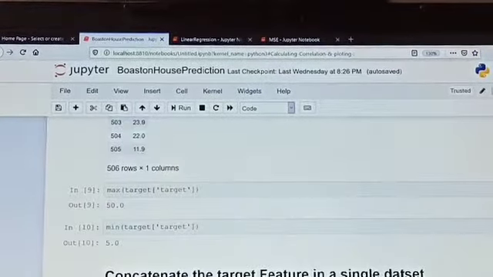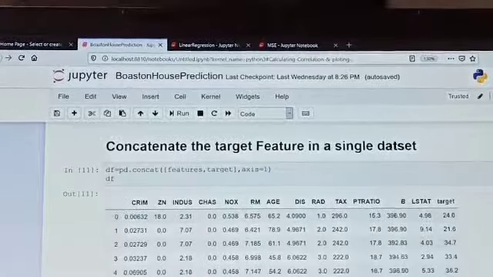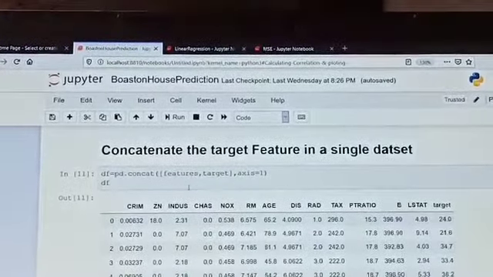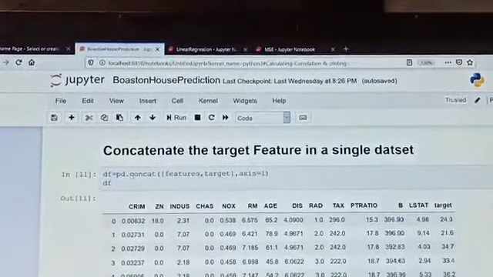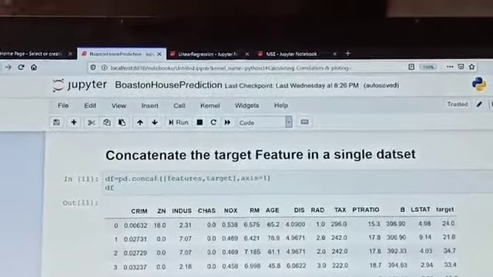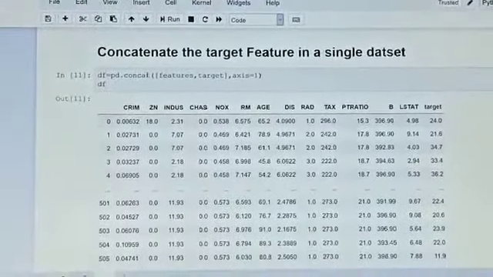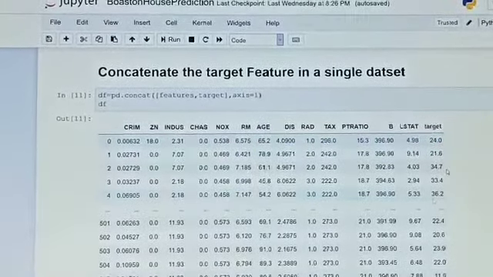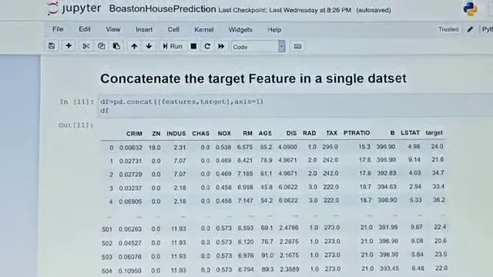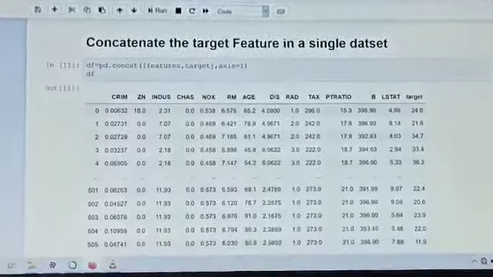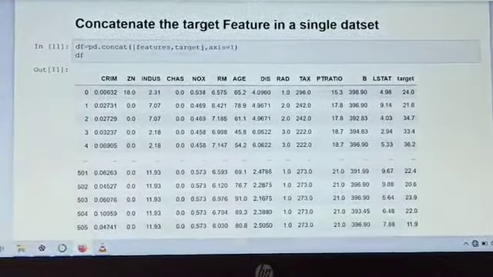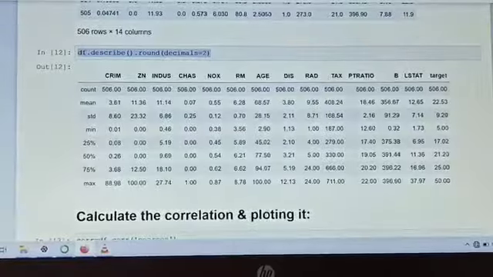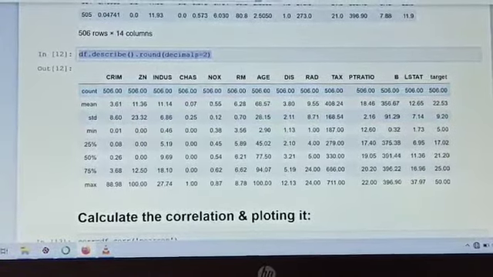Now next one is to concatenate the target feature into a single dataset, and we concatenate it by the pd.concat function. So now we see that the target value is concatenated here, and this is the complete dataset of Boston. Now we describe it and round it to 2 decimal places.